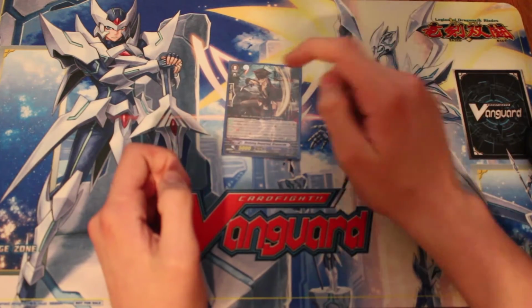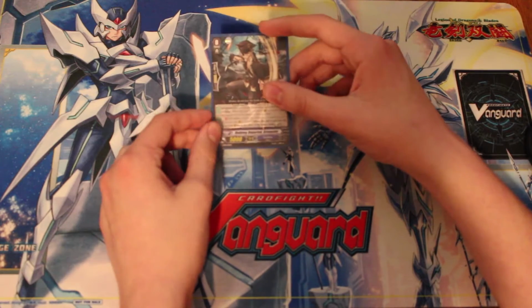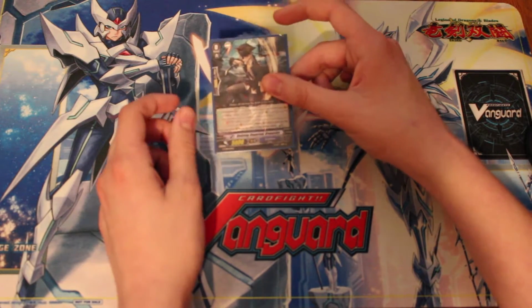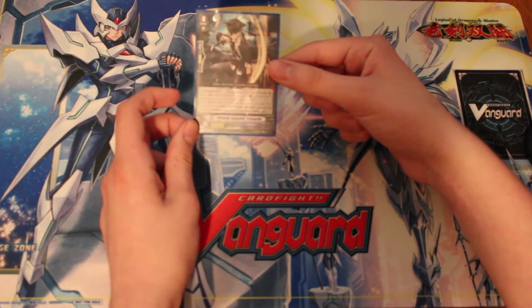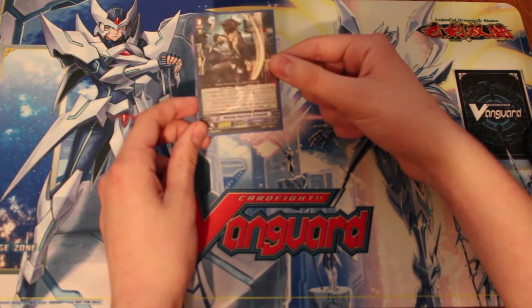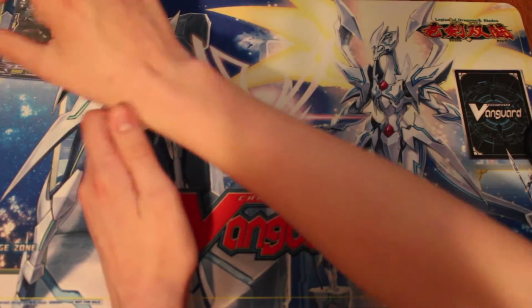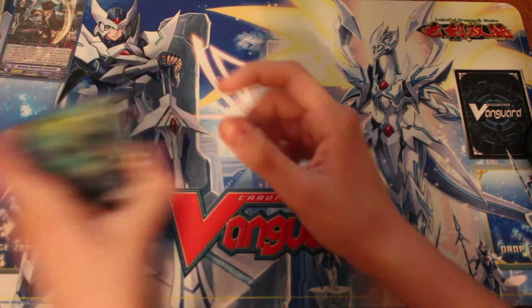Alright, so this is our starter, Undying Departed Grenache. He's the best starter for the deck. I think every Granblue deck should be running this guy. He's so good. He's amazing. So yeah. Next, for the grade zeros, we've got